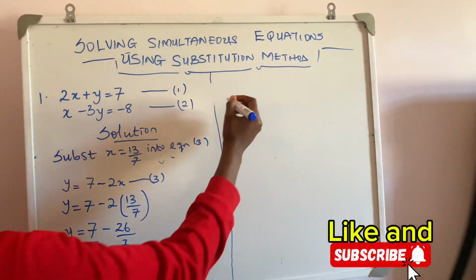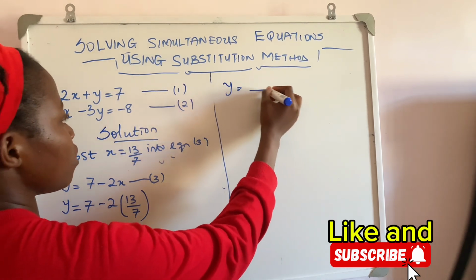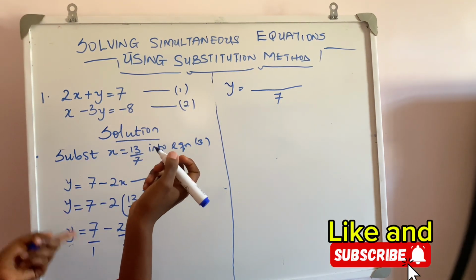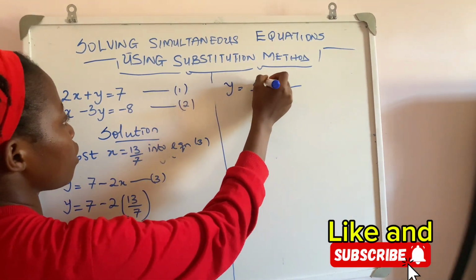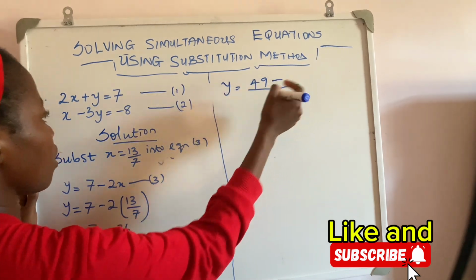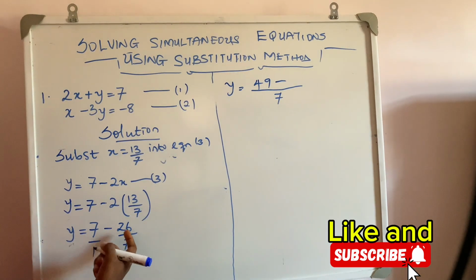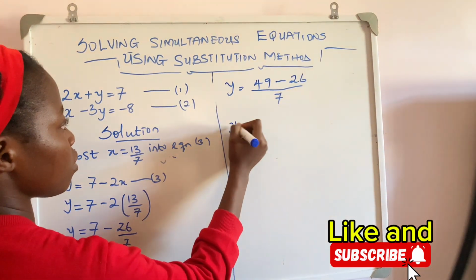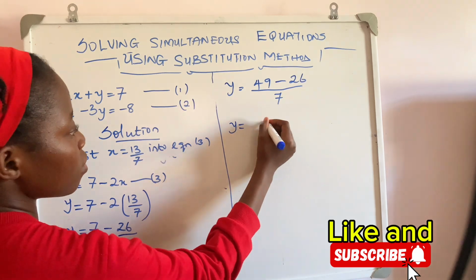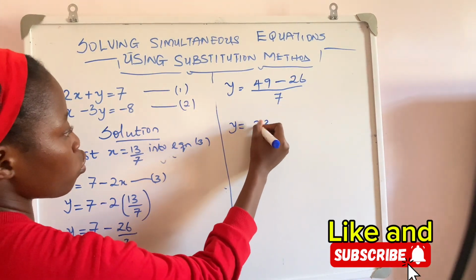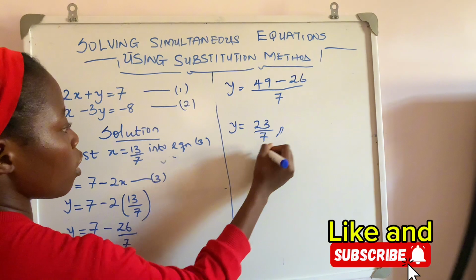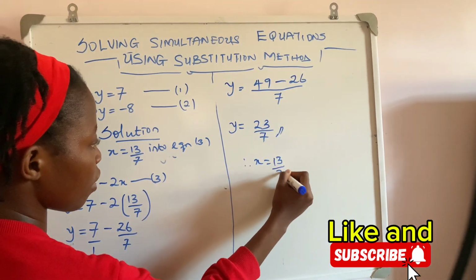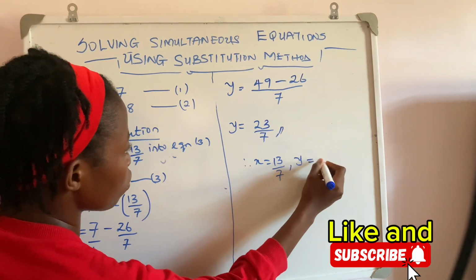Okay, so when you are taking the LCM of this, now you have your y. The LCM of 1 and 7 is 7. So 7 divided by 1 gives 7, and 7 times 7 gives 49. So you have your minus sign. 7 divided by 7 is 1, and 1 times 26 gives you 26. So 49 minus 26 is equal to 23 over 7. So therefore, your x is equal to 13 over 7, and your y is equal to